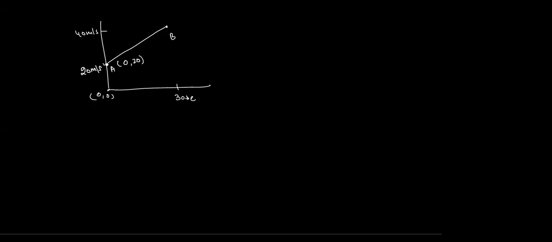You need to tell the value of x first, when a person wants to go to this point A, what distance he will travel on the x-axis. So this is the x-axis and this is the y-axis. So he has to travel 0 on the x-axis and he has to travel 20 on the y-axis. Then he will reach point A. In the similar way, tell me, Hamna, what is the coordinate of point B? 30, 40. It is the rule that you have to tell him the x-axis first, then the y-axis. First is x and then is y.